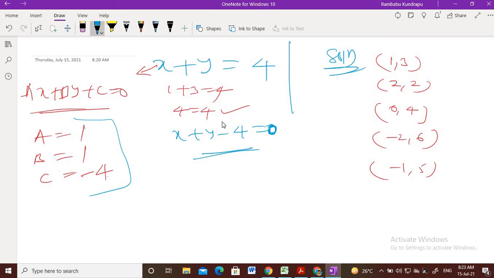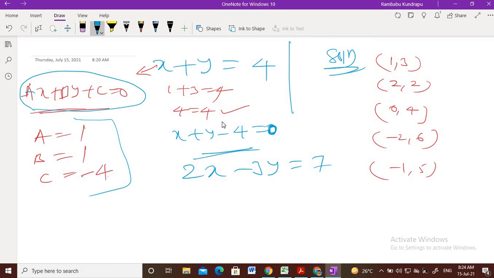Sir, I have not understood this in two variables that you have shown, ax plus by plus c. This is the standard form: ax plus by plus c is equal to 0. That means if you take any linear equation in two variables, you will get that equation in the form of ax plus by plus c. Always, you take any equation. For example, sir, why have you taken that c equal to minus 4?